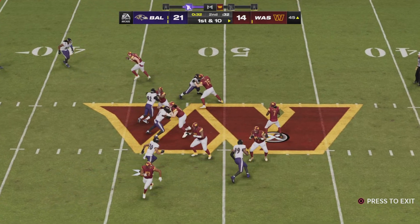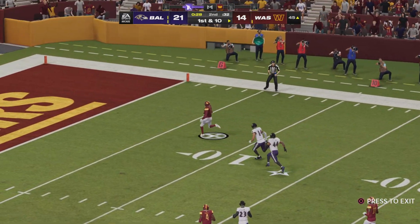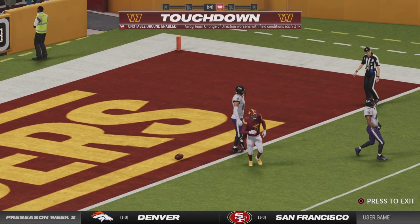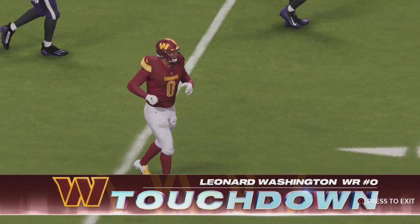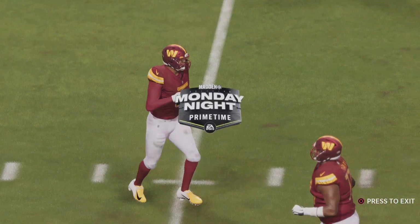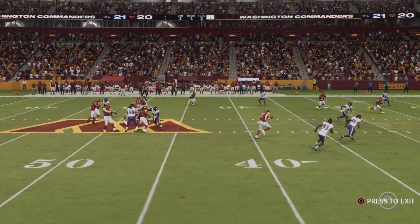They'll look to throw again. Got an open man. It's Washington. Touchdown, Washington. A great effort there. 45 yards. And the Commanders are an extra point away from tying the ball game here in the final minute